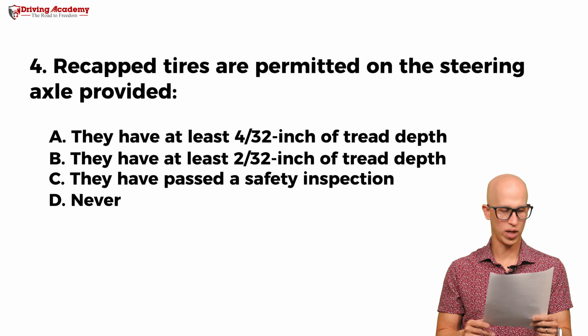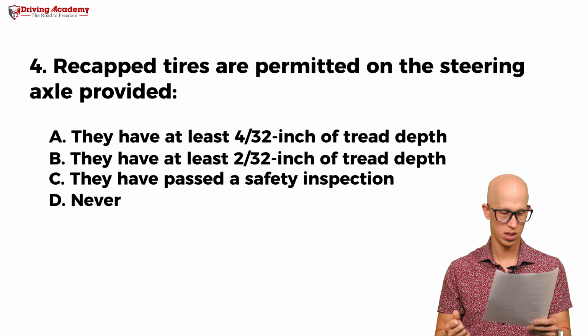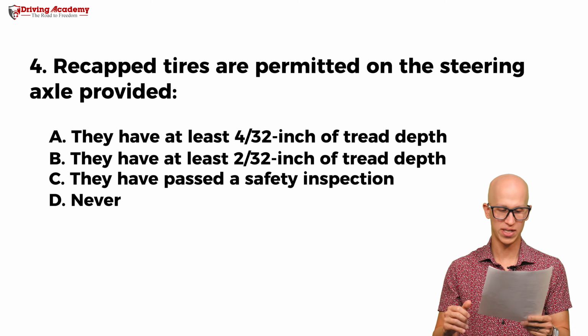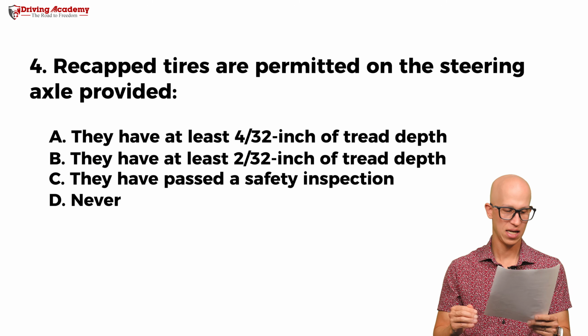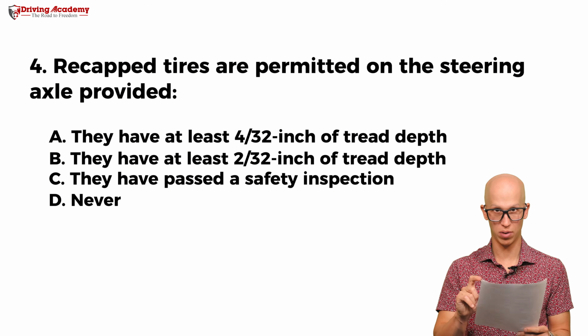Alright, the next question. Recap tires are permitted on steering axle tires provided A, they have at least 4/32 of tread depth. B, they have at least 2/32 of tread depth. C, they have passed a safety inspection. Or D, never. So this one might be tricky here, because